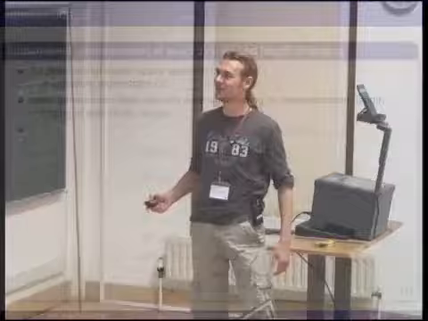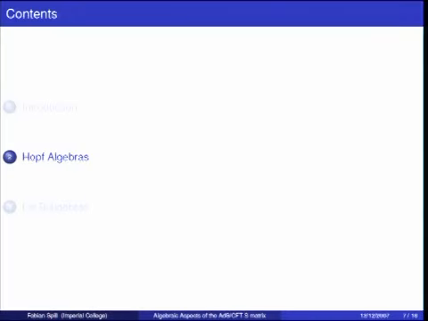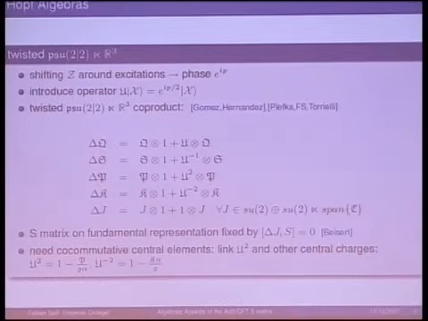Okay, so as I said, on the one fundamental representation it doesn't matter, but there's a different Hopf algebra picture. Hopf algebras basically tell you how to act on tensor products of representations via a coproduct. Usually physicists don't worry too much about that because Lie algebra generators just act on each tensor product individually. But it turns out due to this extra Z fields, which appears for the fermions and for those extra central charges, you need to modify the coproduct, the way it acts on tensor products, in the following fashion